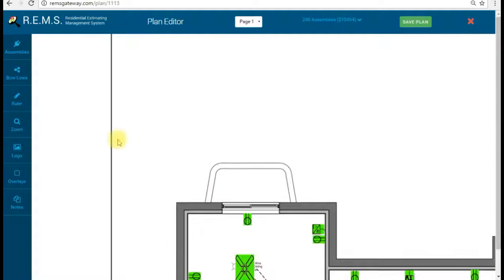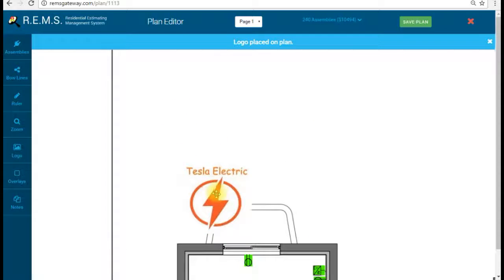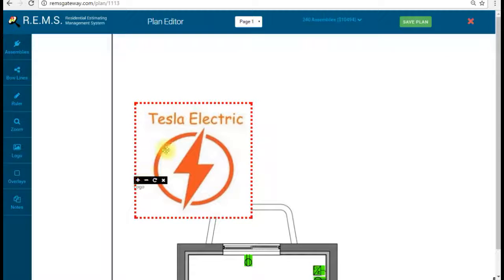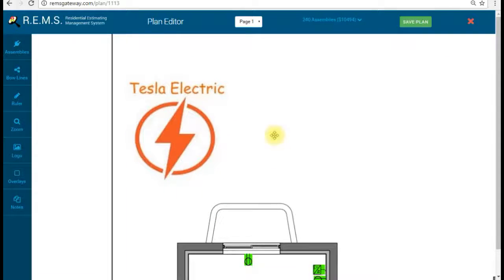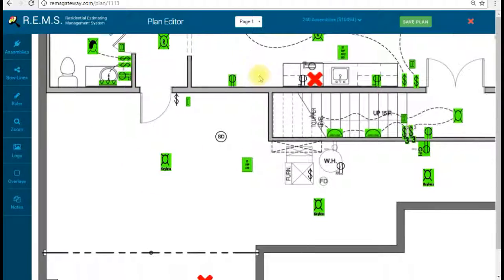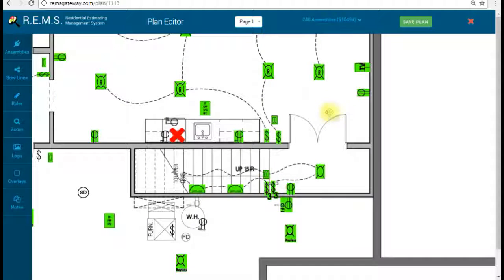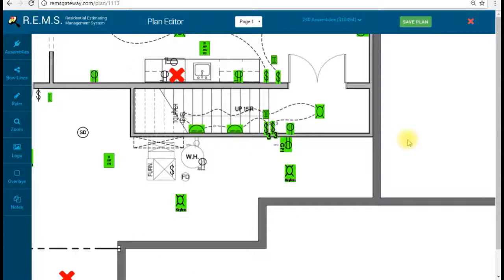The only other thing we're going to do real quick, it has some bragging rights on this plan, so we're going to put our logo on there so they'll know it was designed by us. So now the majority of this has been counted. The last thing that I want to show you on this